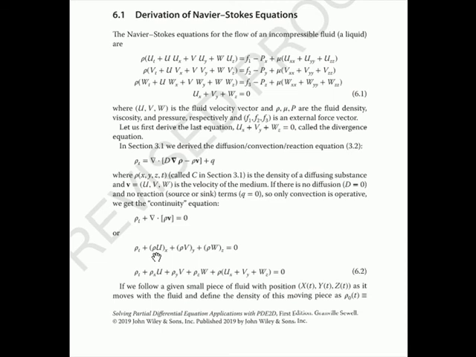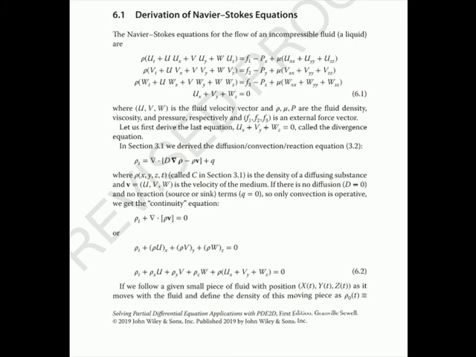You get the derivative with respect to x of rho u plus derivative with respect to y of rho v plus derivative with respect to z of rho w. Then you expand those out using the product rule, and you get this. Now these first 4 terms are exactly the rate of change of the density of the moving piece of fluid,